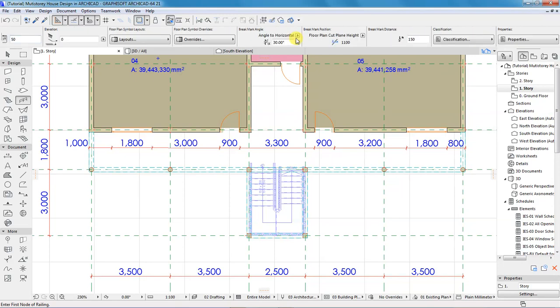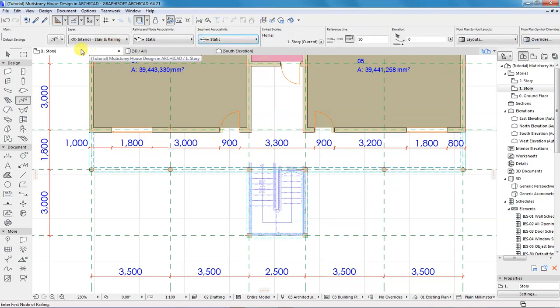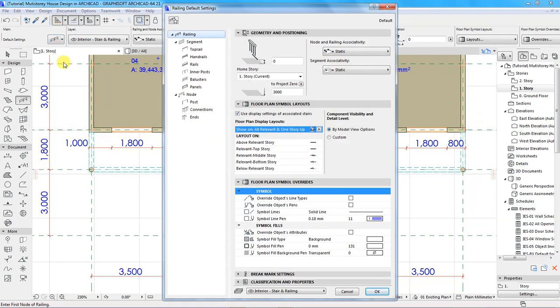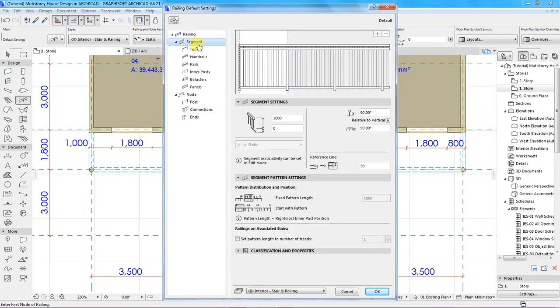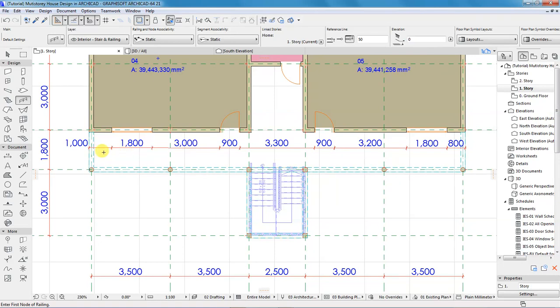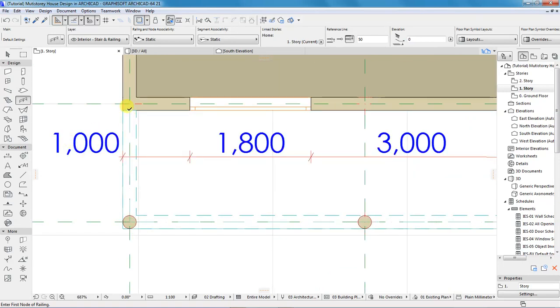I'll leave everything as it is, or rather I'll go to, let me check something, whether there is anything I can change here. This is static. That's what we have for the segments. I think as at now we'll be good to go with the default settings. Then when we get the basics, we can come back and discuss the advanced settings. So let's click OK and draw our rail from this point